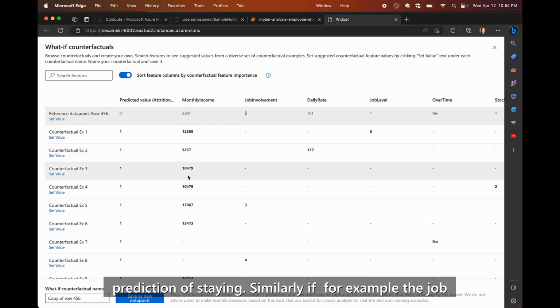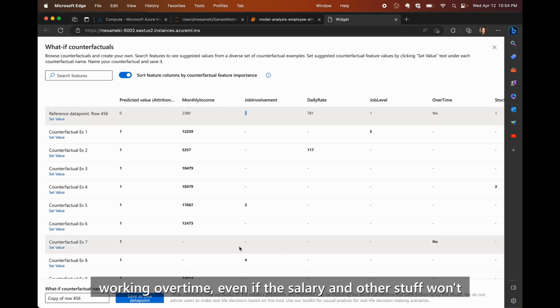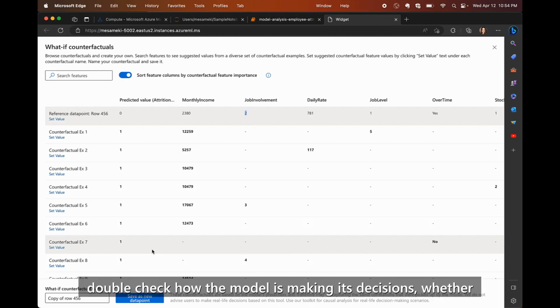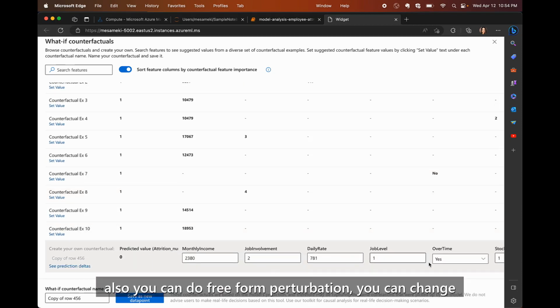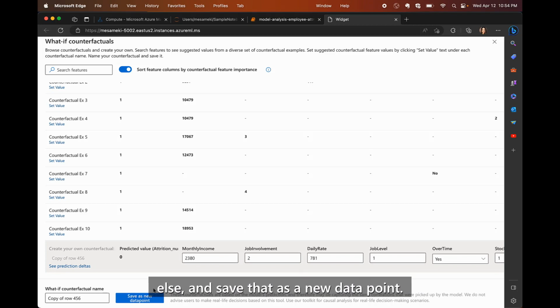Similarly, if for example the job involvement was from 2 to 3, or if the person was not working overtime, even if the salary and other stuff won't change, this person is going to get the prediction of staying. So this is a great way for you to just double check how the model is making its decisions, whether that makes sense, based on the factors that intuitively you think should be important here. And also you can do free form